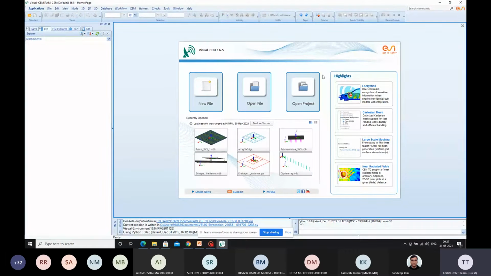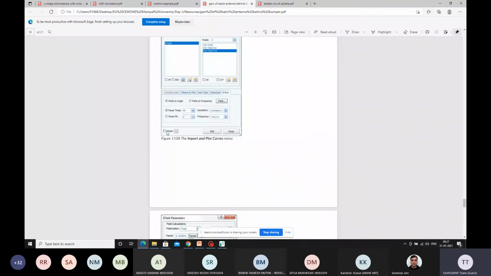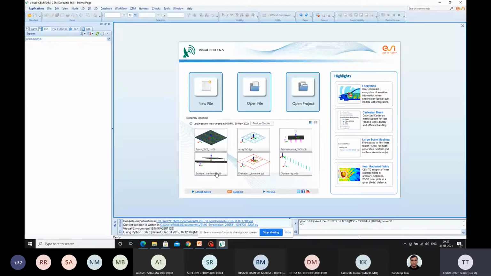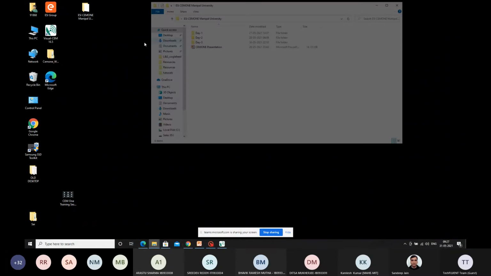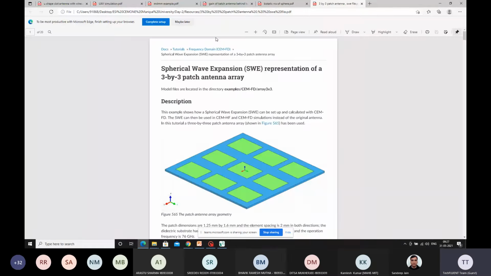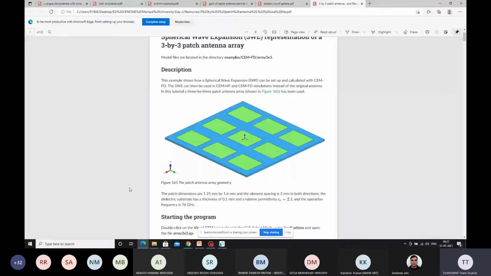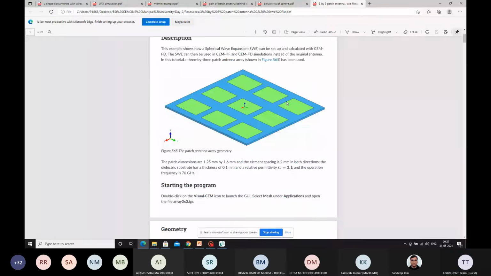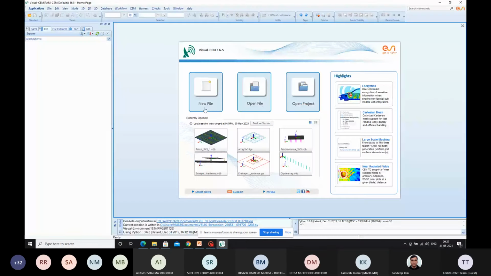So one correction that was required: we have to follow the exact same procedure that is provided in the documentation. I'll show you. When I imported this particular design, if you see, when I imported the previous design, there was a connectivity missing between the ground plane and the patch plane.